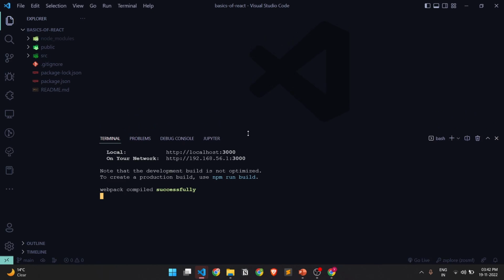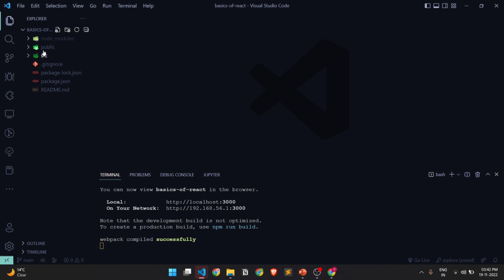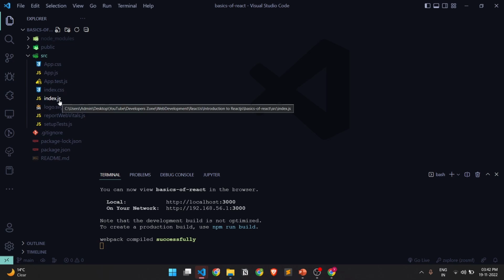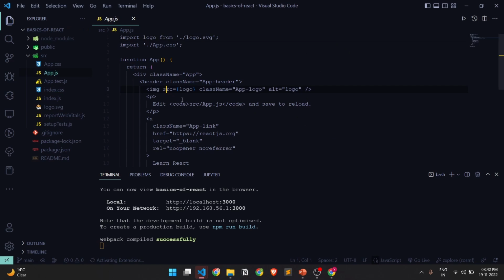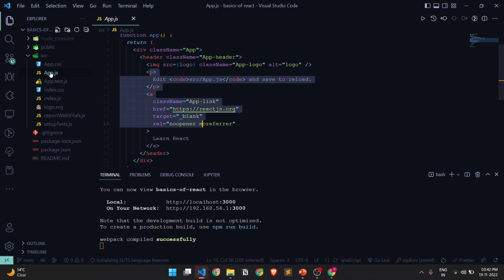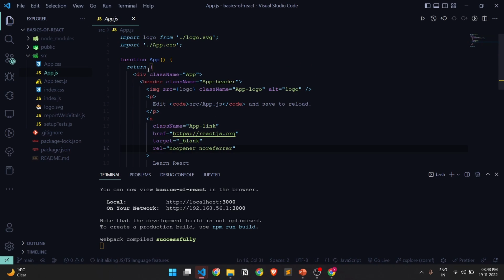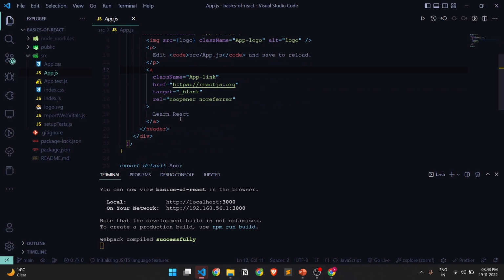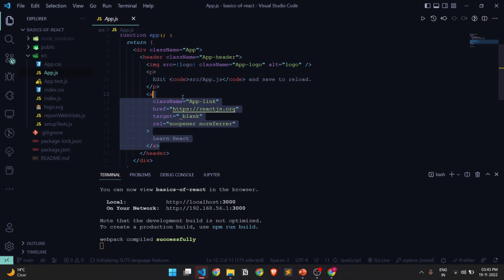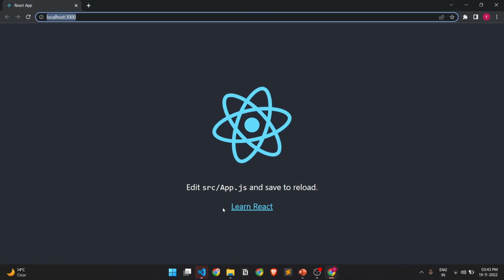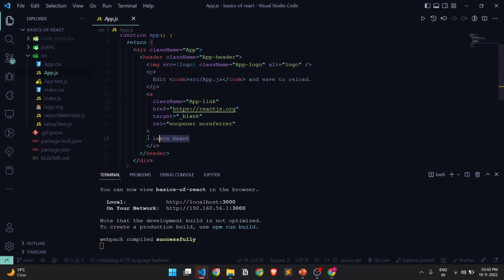Now what we'll do is, before we actually discuss this src folder, the public folder, and each of the files in it, before we do that, I'll make you understand what JSX is. I'll give you a brief introduction about JSX, right? So here you see that this App.js file is basically a JSX element. So I'll just remove this to make you understand. For example, if I remove this, here you see this Learn React, right? I can just remove this and write basics of React project,